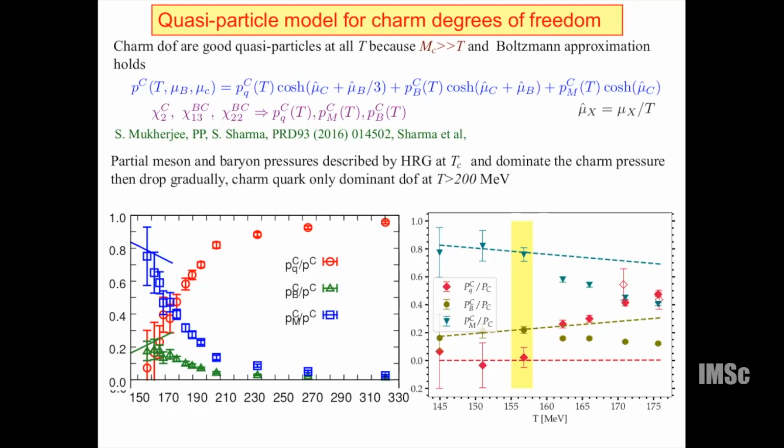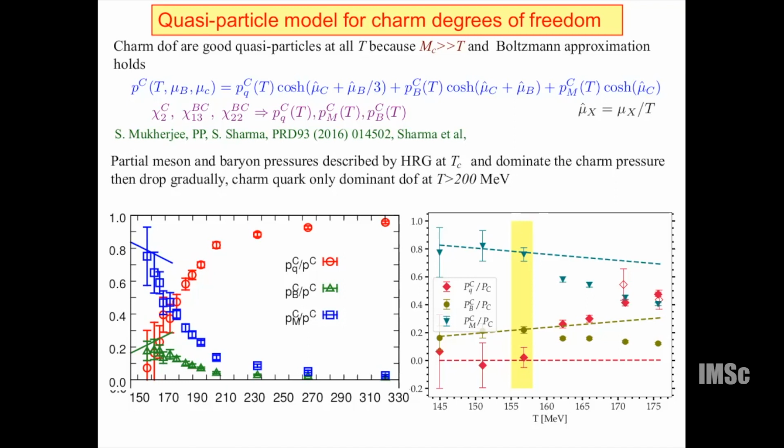So we have this transition where quark degrees of freedom appear, so the corresponding contribution to the charm pressure increases, and the meson and baryon contributions slowly decrease. And that's kind of what we found then. The problem was that the errors were pretty large back then, so we couldn't see very clearly. But recently we had a much improved calculation with Sipra Sharma, who's now a postdoc at Bielefeld. The same idea, but now with much more statistics, and we see clearly that